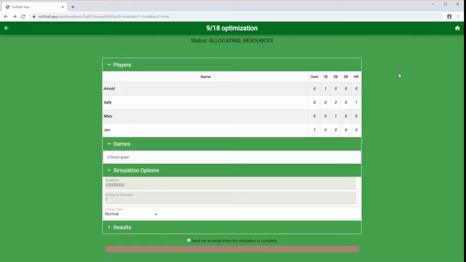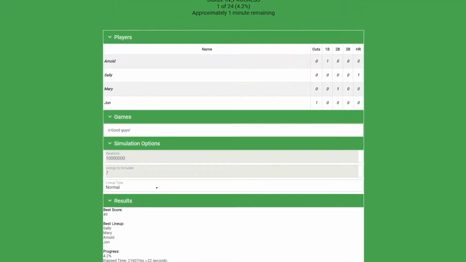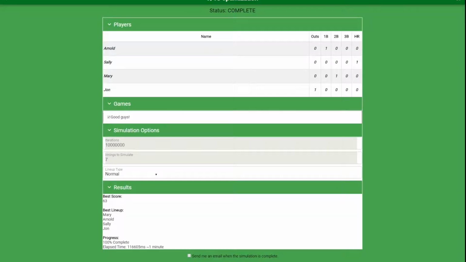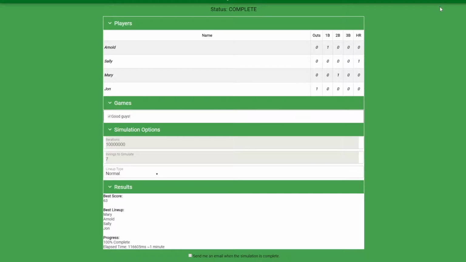So this is allocating some cloud resources to run the simulation on, and that will take about a minute. Once it actually starts, you'll get updated progress and approximate time to complete. So I sped this up a little bit so we can get through it to see the results. Once it's complete, and even while it's running, you should be able to open the Results tab here and see your optimal lineup, or the best lineup so far if it has not yet completed. So apparently our best lineup is Mary, Arnold, Sally, John, and we're supposed to score 63 runs, which is a